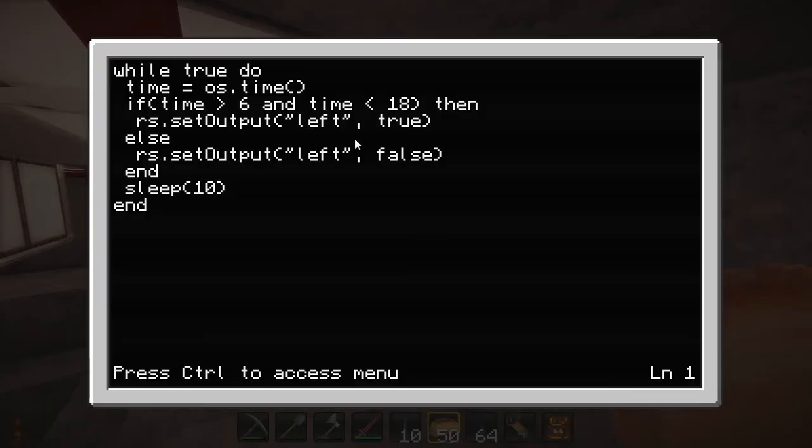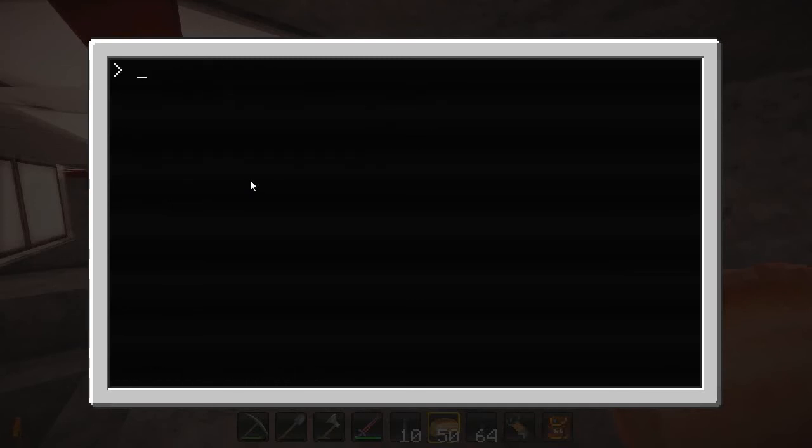Otherwise, set the wire to false, which will turn the lights on. Then it just sleeps 10 seconds. So it's going to repeat this code every 10 seconds and figure out if the light should be on or off. But the problem with that is that it gets too dark in the daytime, and then even if it's noon time and the lights are off, it's still too dark